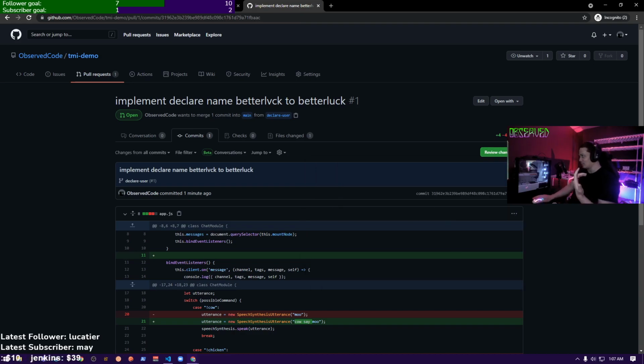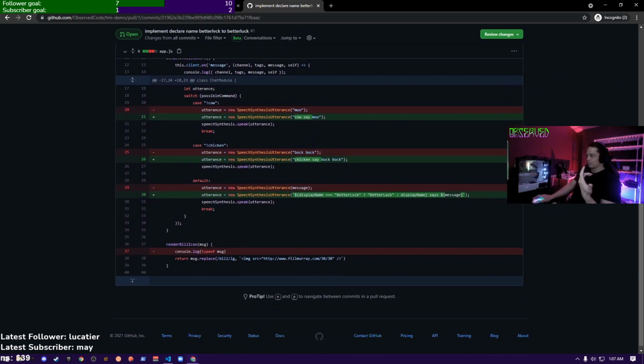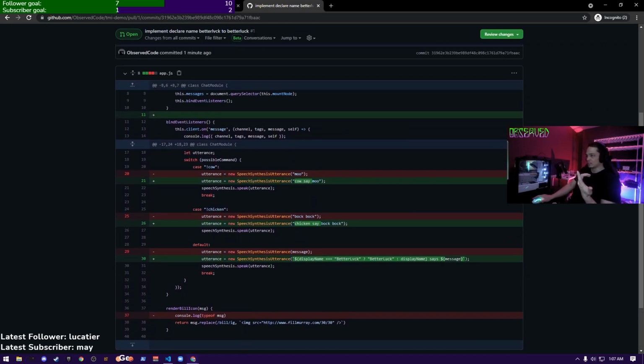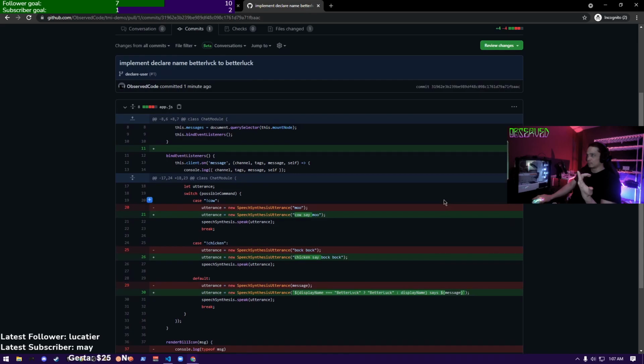But I'm the creator of this, so I don't think that's how it would work. So here's the main change we made for this feature, right? And then this also kind of had, that was a little bit easier. This was a little bit tougher.